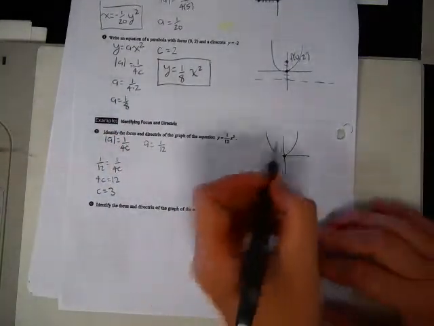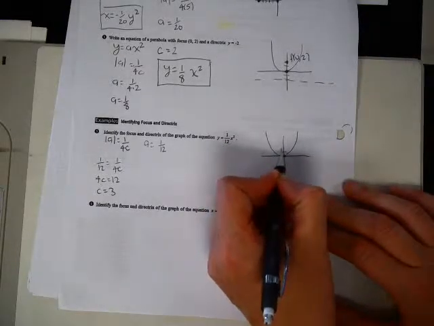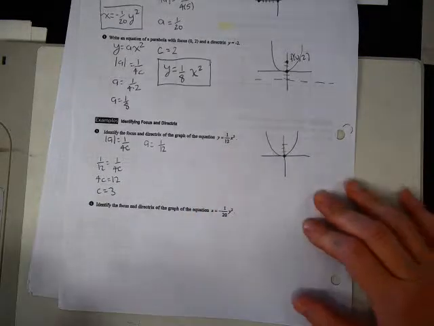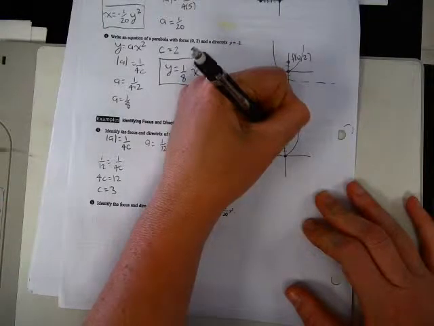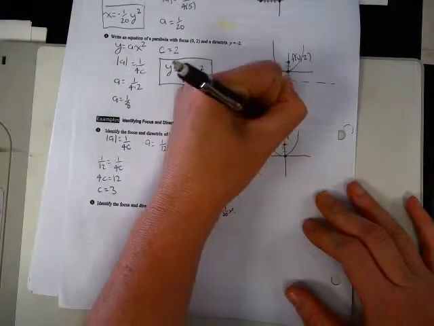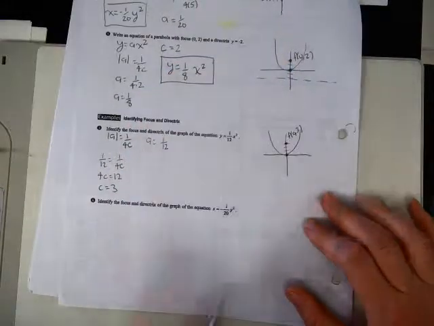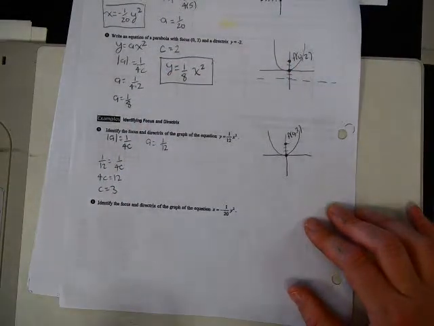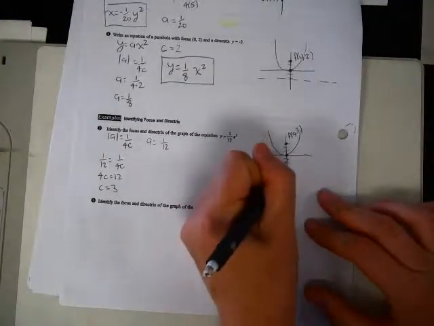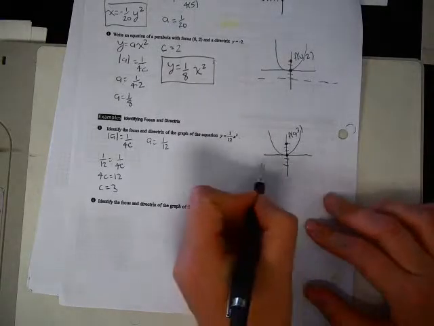That means my focus is 1, 2, 3 units out from my vertex. My focus is at (0, 3), and my directrix is 1, 2, 3 units down from my vertex